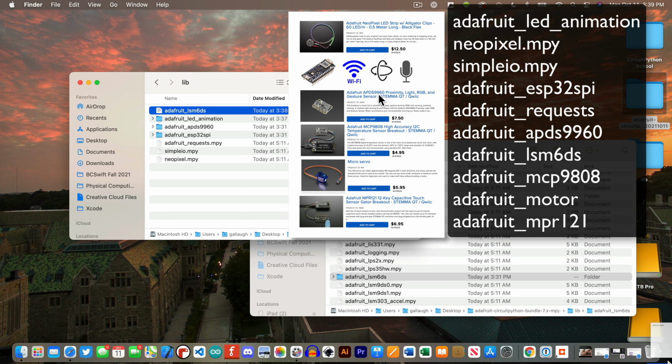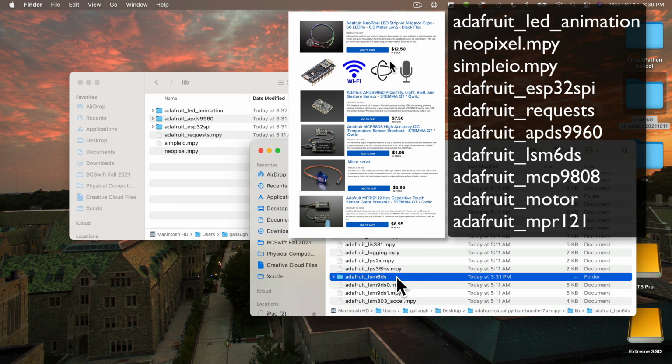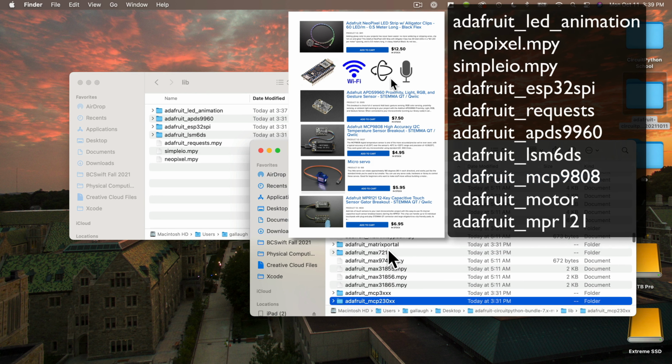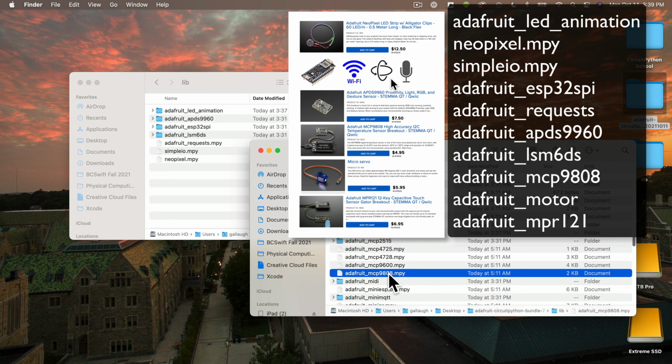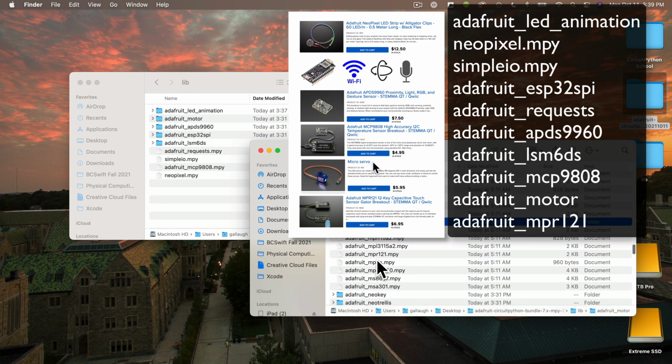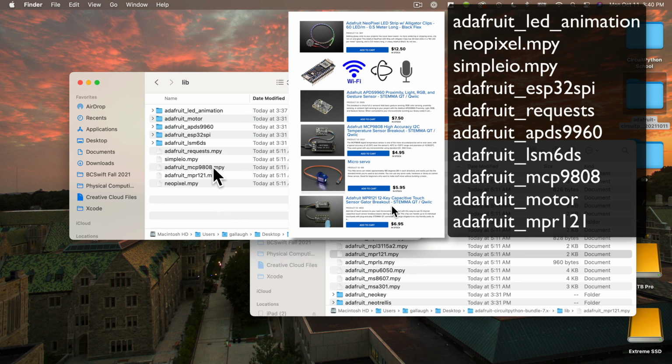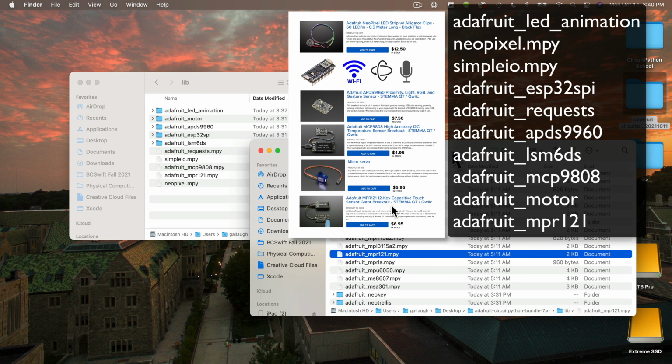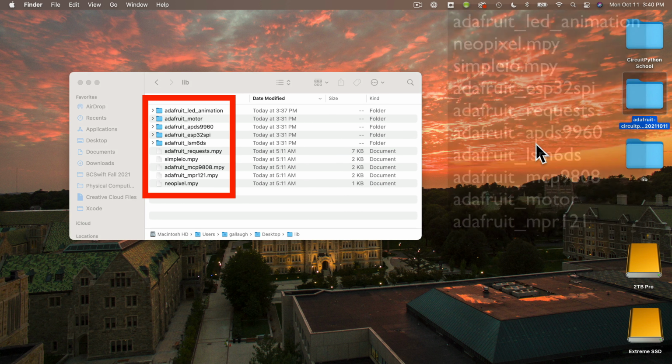Adafruit_APDS9960. Now to work with a gyroscope and accelerometer that are built into the Arduino Nano RP2040 Connect, you'll need Adafruit_LSM6DS. You've also got a temperature sensor that needs the Adafruit_MCP9808. For working with servos, we'll use Adafruit_motor, and you've also got a 12-pad capacitive touch board, which uses the Adafruit_MPR121 library. So at this point, my students should have a LIB folder that they created with 5 folders and